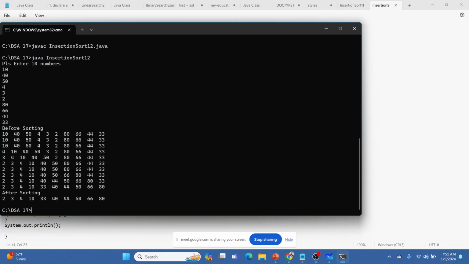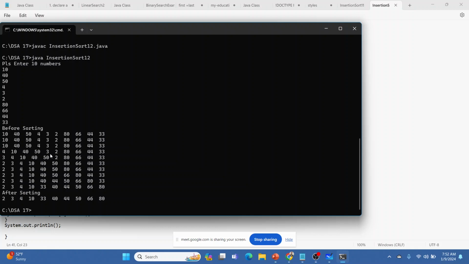Okay, how this algorithm is doing its work. If you look at 10, 40, 50, the first three elements are sorted according to the condition, right? So there is no difference in between. If you look at the first iteration and the second iteration also, there is no difference. Why? Because 10, 40 and 50, the first three elements, are at the right position. So now we will start with the 4. 4 will be checked with the 50, then 40, then 10, and they all will be swapped and 4 will be at its right position in this list.